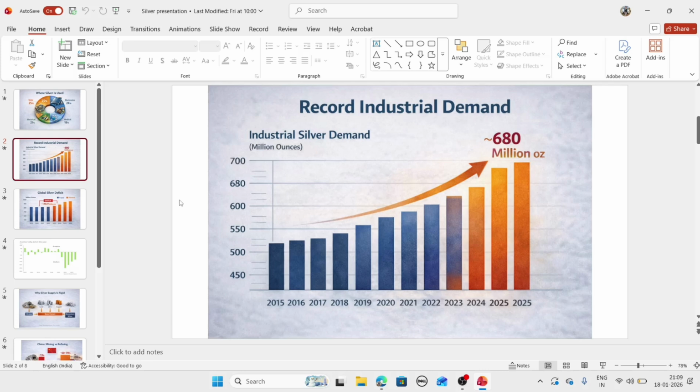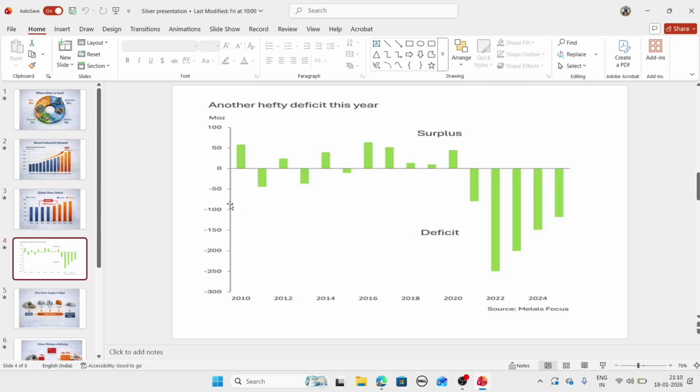As we know, silver is a byproduct. It is not separately mined. It comes with zinc or copper. Whenever the miners mine zinc and copper, the silver comes along with that. So basically, if the demand increases, they cannot increase the supply, right? Because of which the silver price booms. That's where the supply problem comes in.